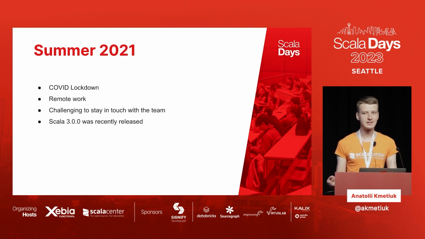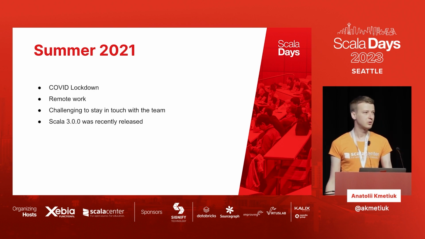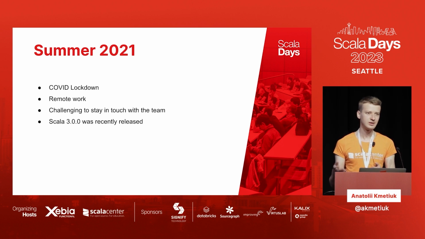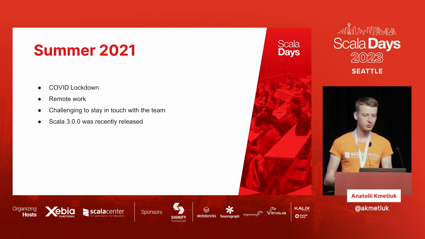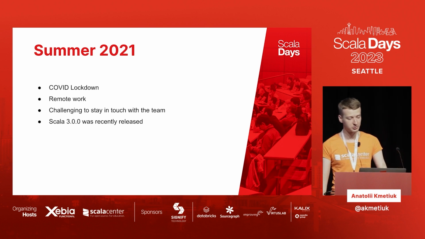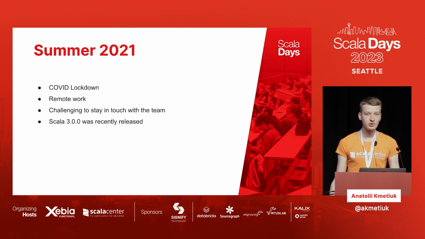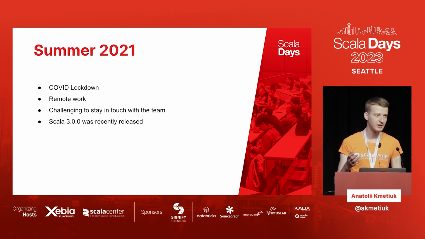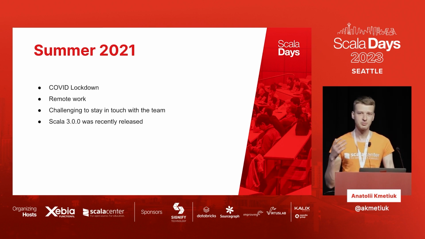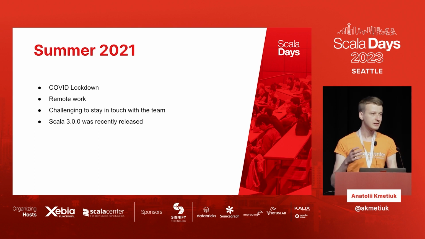Another trend was that Scala 3 was recently released, in May 2021. What does that mean? Scala 3 was released after a long 8 years of experimentation and work on the Dotty compiler, a precursor to Scala 3 before it went official. During those 8 years, we had one set of target audiences: people who are not averse to risk, who are not averse to experimentation and playing with features that may not be stable. But we didn't have people who rely on stability, who want guarantees.